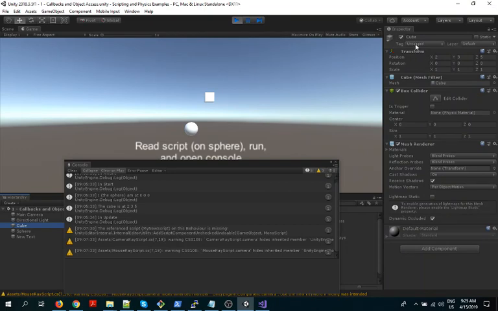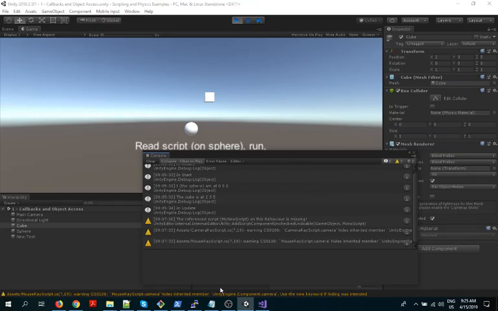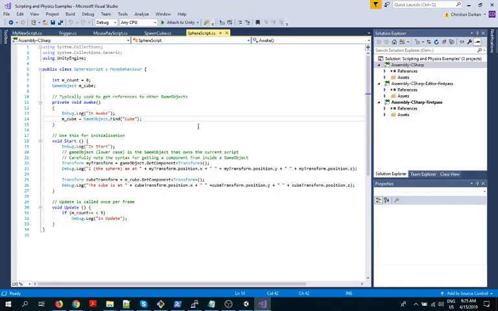You can ask for all objects of a particular tag. Objects are also on layers, so you could probably ask for them by layers. I've never done that, but I'll bet you can. This is just one good pattern to use. It's a static method on the GameObject class. We just say GameObject.Find, give the name, and here we get our object.